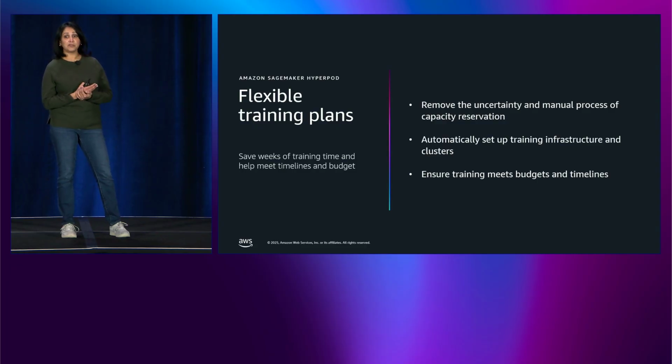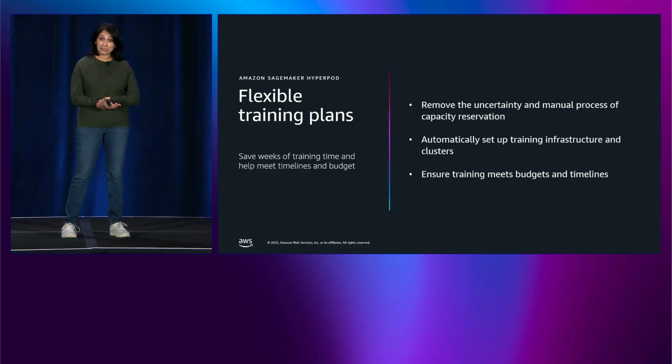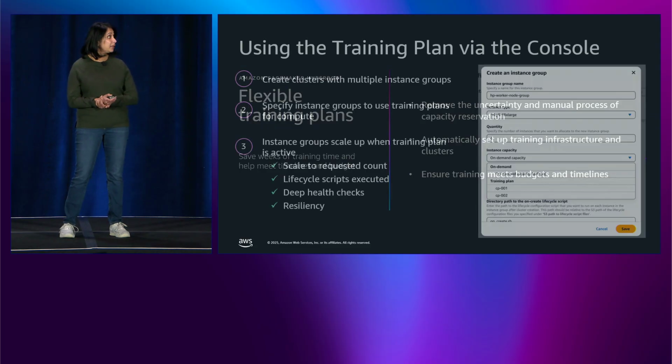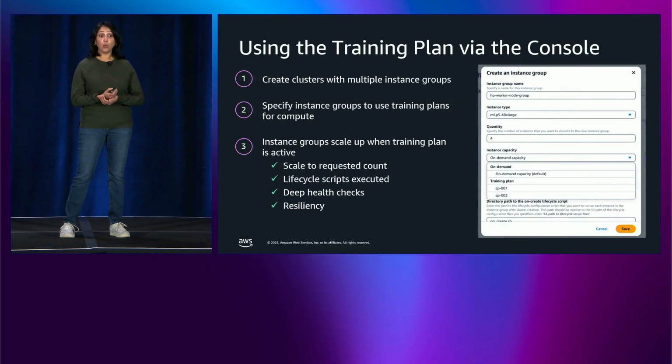So instead of reserving capacity for 1 to 3 years, you can now request capacity from a day up to 6 months, up to 8 weeks in advance. You can go to the SageMaker console, specify how many instances you need, and for how long, and you're able to then see a series of plans that meet your needs. Once you find a plan that you like, you can purchase that plan and then reference that training plan when